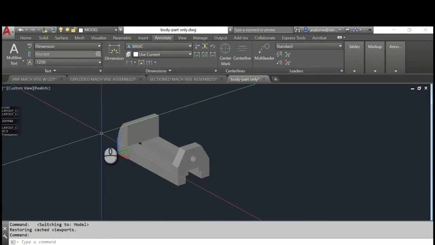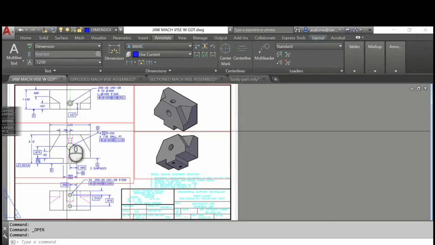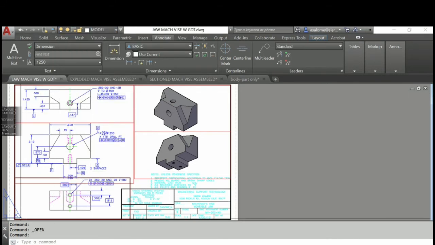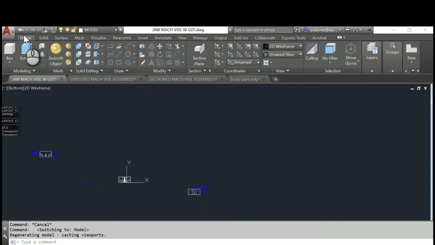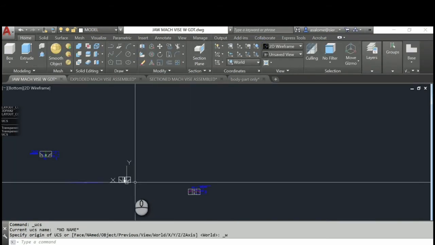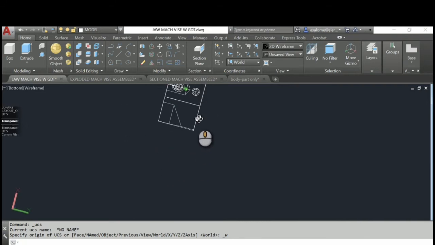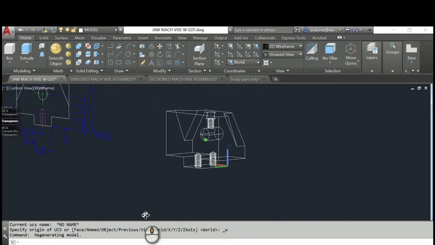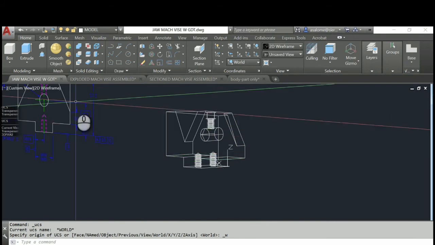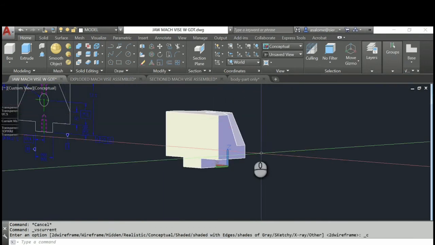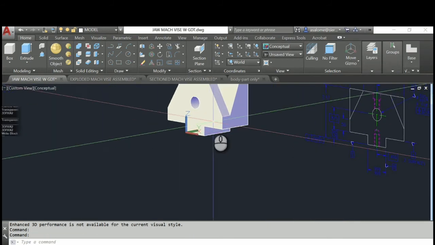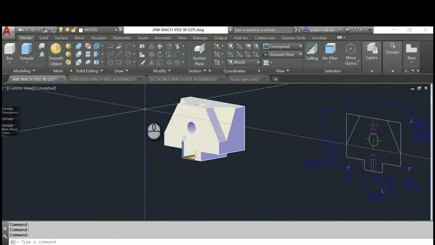Now you're going to do that to every single part. So let's review. I'll do it again for you. I'm going to come over to the machinist vice, the jaw. First thing I'm going to do is go to the model layer, model space, world coordinate. I'm going to go find my model. In this case, this happens to be in wireframe, and that's fine. Okay, let's go world coordinate system. Kind of surprised that I used that as the origin. I probably didn't. Okay, so here we go.